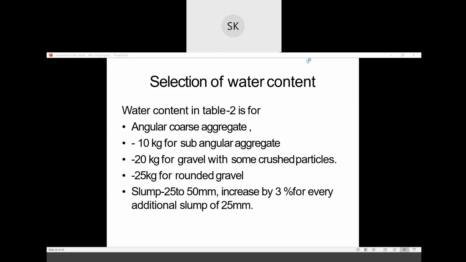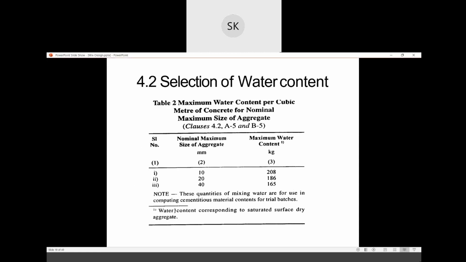Let me explain again. I have been given 20 mm as the nominal maximum size of aggregate, so my water content is 186.